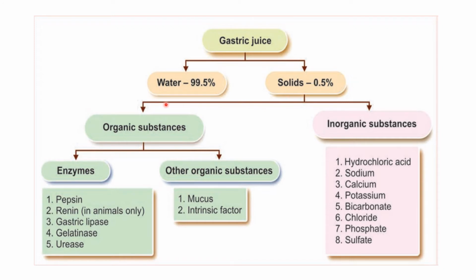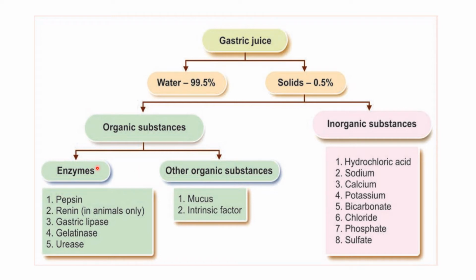Now, what are the solid elements? The solid elements comprise organic substances and inorganic substances. So the gastric juice contains inorganic substances like hydrochloric acid, sodium, calcium, potassium, bicarbonates, chlorides and phosphates. Now, the organic substances of the gastric juice are divided into enzymes and other substances like intrinsic factor and the